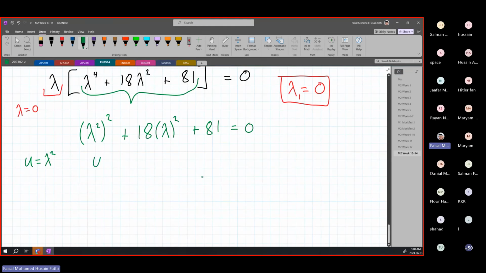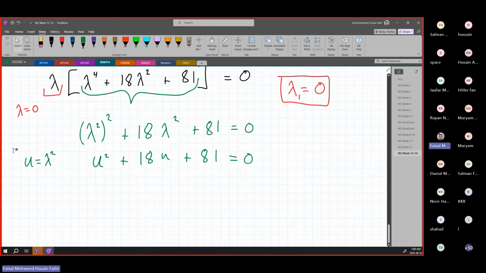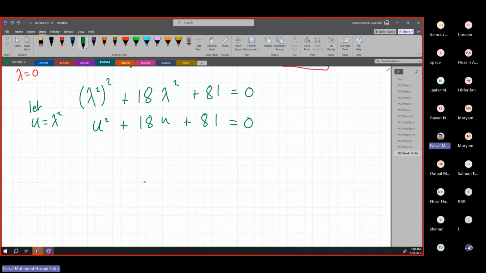This is all I said, so that I can write it as u squared plus 18 u plus 81 equal 0. This is what I meant by letting u be lambda squared. I did this myself so I can simplify this. Then I will be plugging lambda back in. All right? So once you find the roots here, you're going to find that,